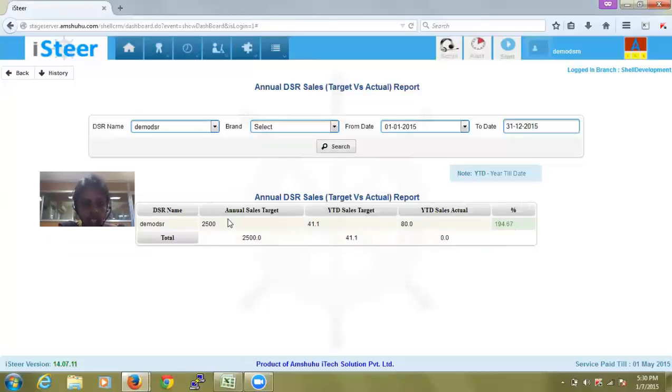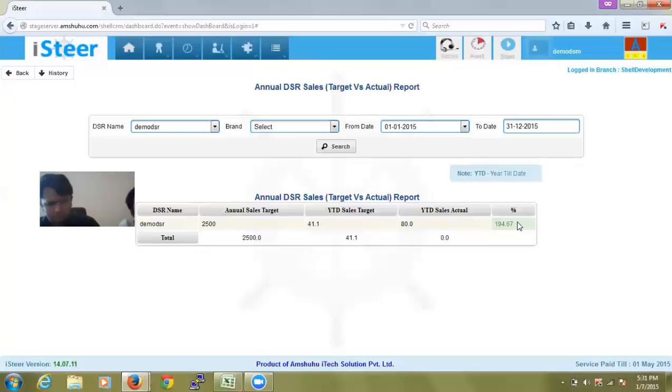Like if you have your annual target as 2,500, your sales actuals would be reaching this 2,500 only at the end of the year, right? So the percentage value will not be tracking it on a daily basis. In order to track it on a daily basis, we calculate the till date target here. So the sales actual will be compared against the year till date. And sir, Mr. Raghu, as per your question, if you are exceeding your target levels, then it would be shown here, sir.